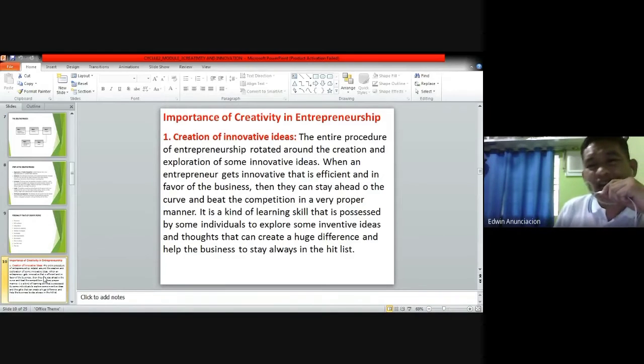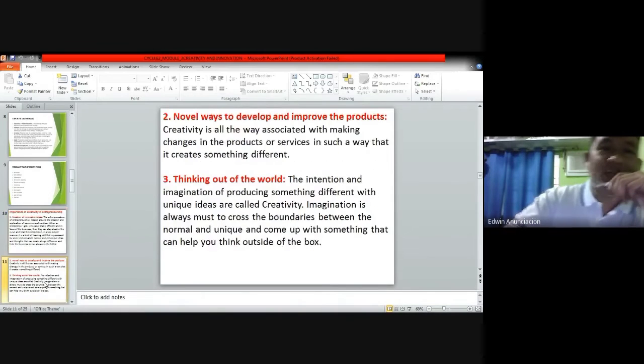Kasi nga po, pagka you are just contented with what you have now, the challenge is that, what if yung kakompetensya mo is nakapag-come up ng mas improve sa product mo at ikaw nag-into ka na sa pag-i-innovate ng product mo. Okay? So, ano sa tingin nyo ang mangyayari? Ikaw po, what? Ikaw, lalamunin po, okay, ng inyong kakompetensya.